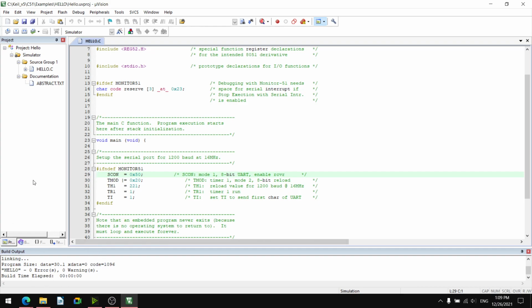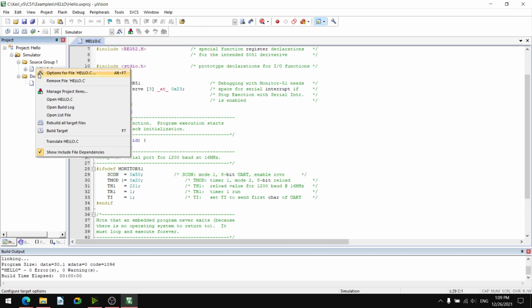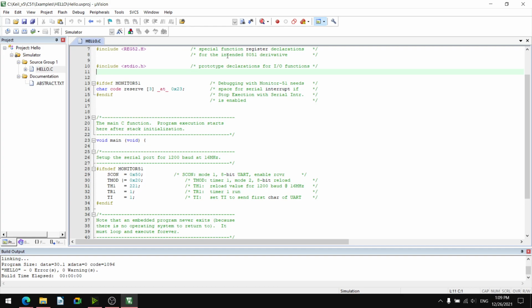Then we can go for debug. Start stop debug. Here we can also right-click on this and get the same option. We can rebuild also. Okay, already we have built the file, so we can debug. I will click this start stop debug session, Control F5. I have clicked it.